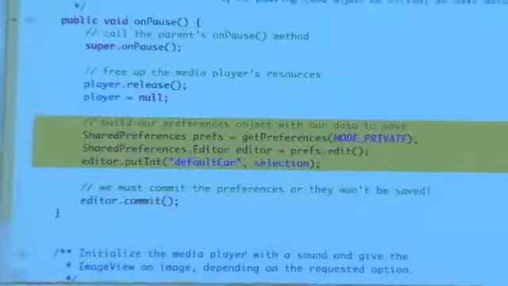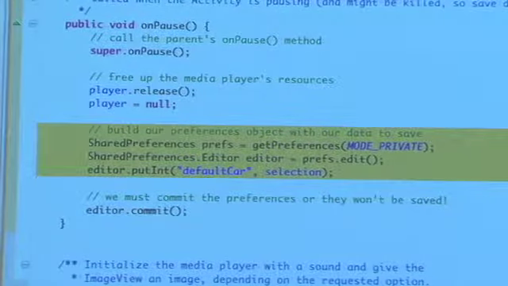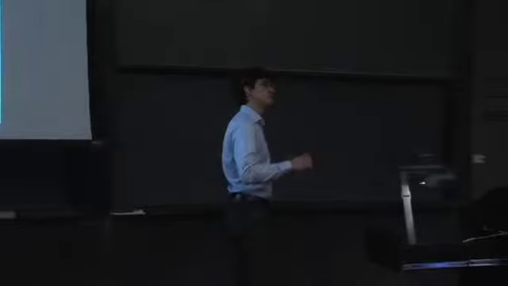So with this, we're then saving this data in our shared preferences, which, by the way, and this is sort of important, is just an XML file that's being stored on the file system. It's not encrypted or anything like that. If you decide to create, for example, outside of the context of this class, a game where you want to save data that is going to be particularly sensitive, perhaps the license key to your game or perhaps even worse, the stats of the player of that game, realize that it's being stored in plain text in